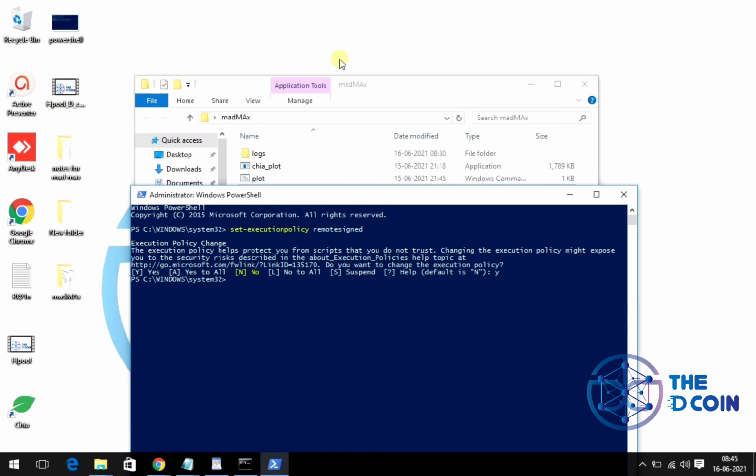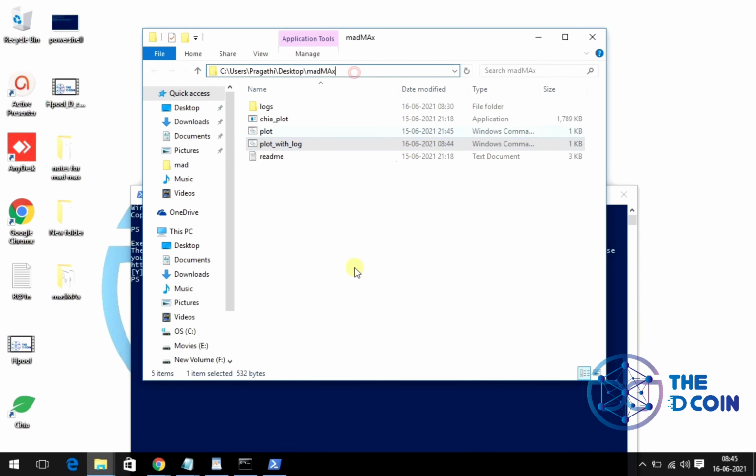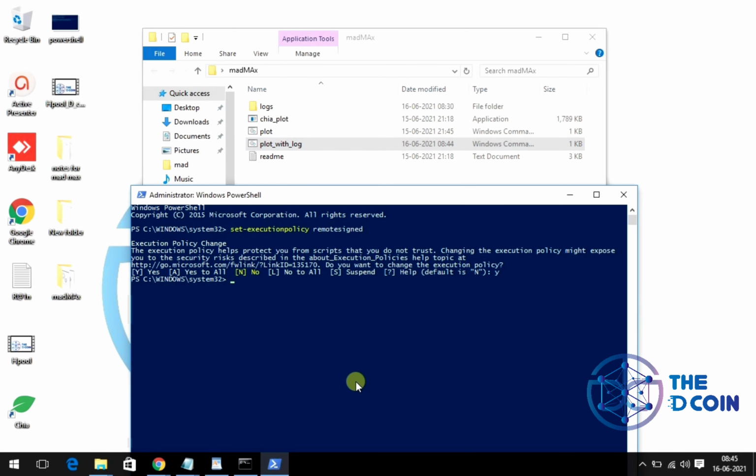Open PowerShell and specify the particular path where you have pasted this MadMax folder. We have pasted it on the desktop, so we'll go to the desktop.